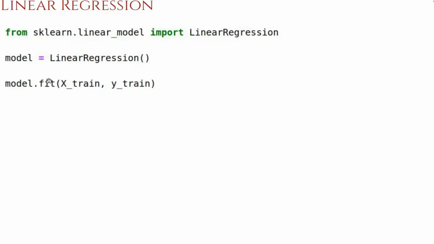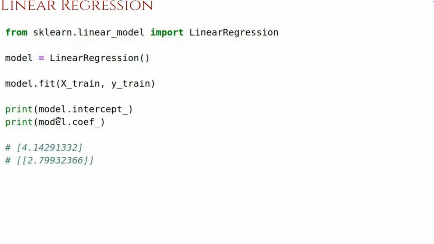So this fit will essentially locate that blue line and solve the problem. Now if you wanted to get the attributes, the y-intercept and slope of that blue line, you need to access them. There are member variables. There is a member variable called intercept_, with an underscore. There is another member variable called coef_, with an underscore. From this object, you can access those member variables after calling this fit function.